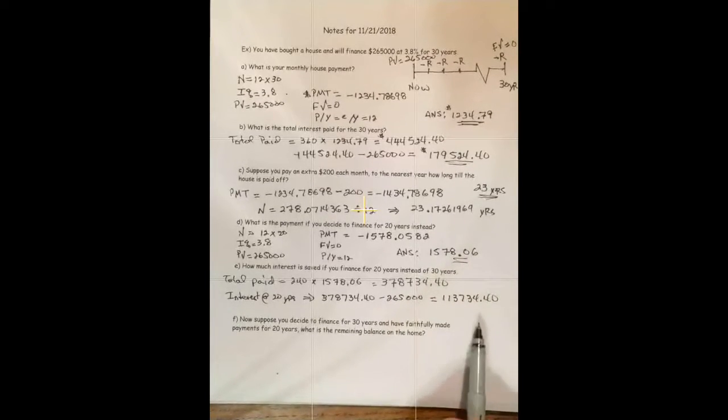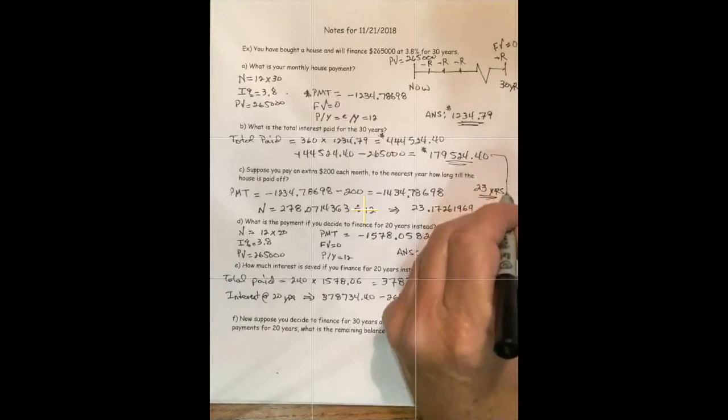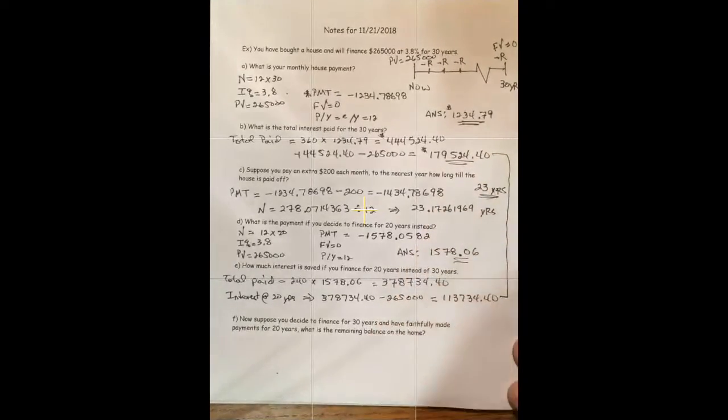So if you finance for 20 years, it's $113,734 in interest. Now, if we compare this back to the situation where we financed for 30 years, and if